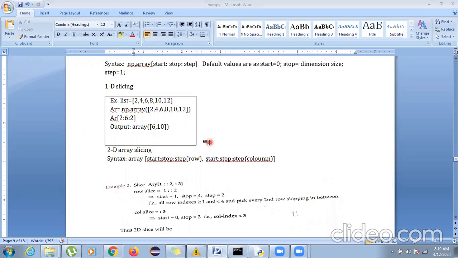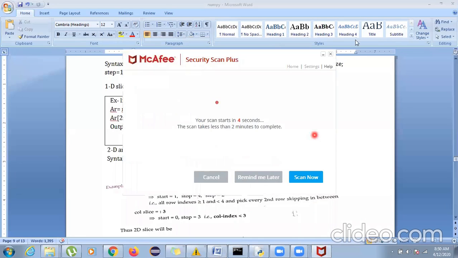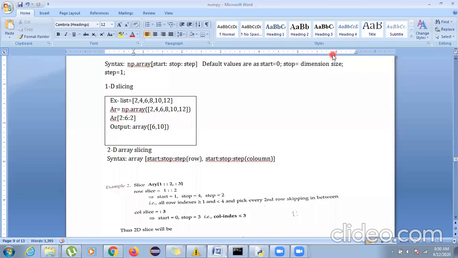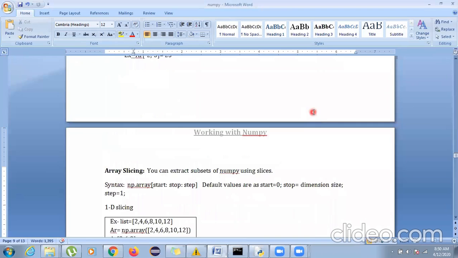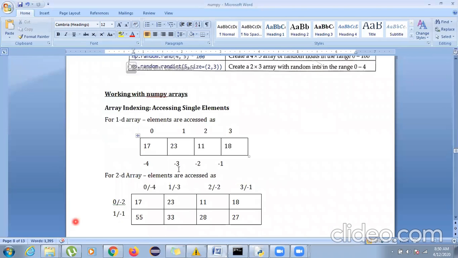Do the rows of the arrays have the index 1 rule? No, rows always start from 0. I didn't understand you. Which index 1 rule? Index -1, I guess. Okay, the index -1 rule. It is for the columns as well. So -1 goes with the rows also and with the columns also. See, you can see here -1 has been given to the column also, -1 has been given to the rows also.